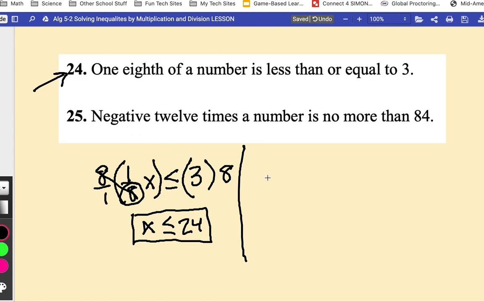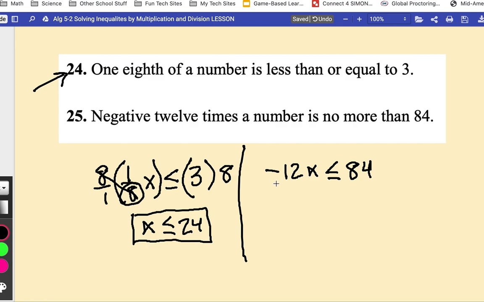So you have -12 times the number, so that's -12 times the number, is no more than. All right, so if it's no more than, it means it could be as much as, but not greater than 84. Okay, so -12x is less than or equal to 84. And now on this one, because we're multiplying, we're going to do the opposite operation, which is